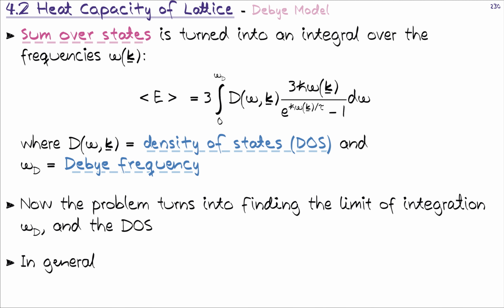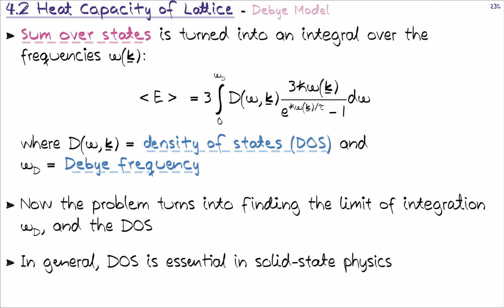And in general, please be warned or embrace yourself that the density of states is a very essential concept in condensed matter physics and in solid state physics. So this will be used all the time when we are making calculations. So if you are not exactly sure what happens here and why we need to introduce a density of states when we are changing a summation into an integral, maybe you should recap what happened when we first introduced the density of states and think about what happens here.